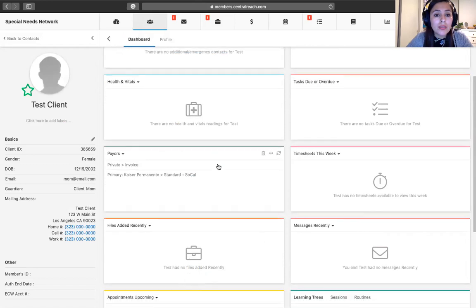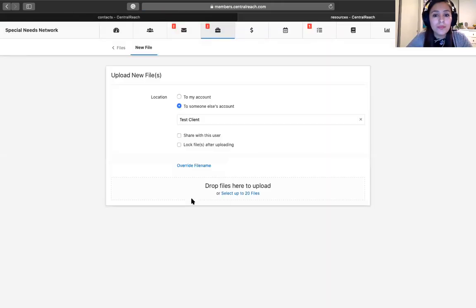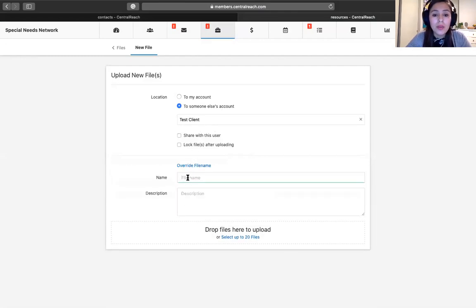So in his dashboard, we're going to be adding files. So files added recently. So here I'm going to upload files. This is where you're going to want to upload it. Okay? So you press add. And notice here it asks you to your account or to someone else's account. If you clicked on the dashboard of the client, it should automatically pop up. If not, just type in the client's name here. You're going to override the name. And you're going to type in the client code name,